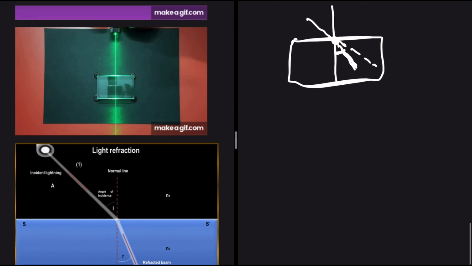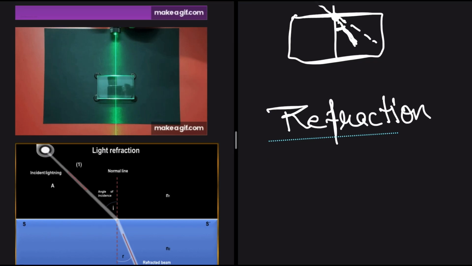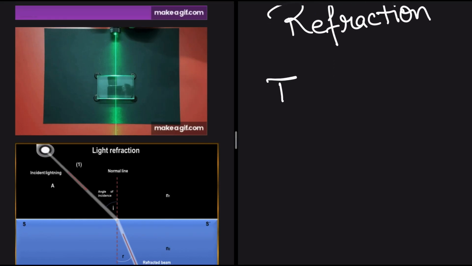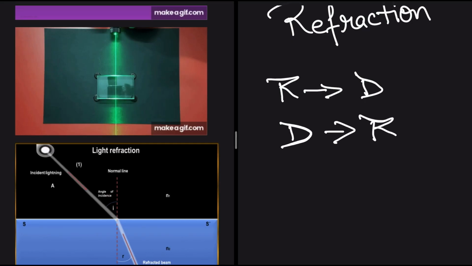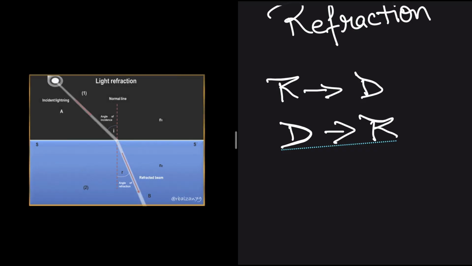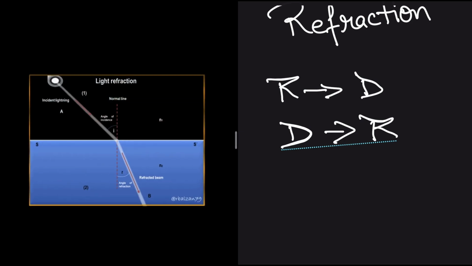So far I hope it is clear to you what is refraction. Refraction is bending of light rays at the surface separating the two media. And how does the bending of light take place? When it goes from rarer to denser medium, it bends towards the normal, and from denser to rarer medium, away from the normal. Check this, one more video is there. They are showing a source of light from which the light is coming and falling at a certain angle, and when it falls at a certain angle, it bends towards the normal.